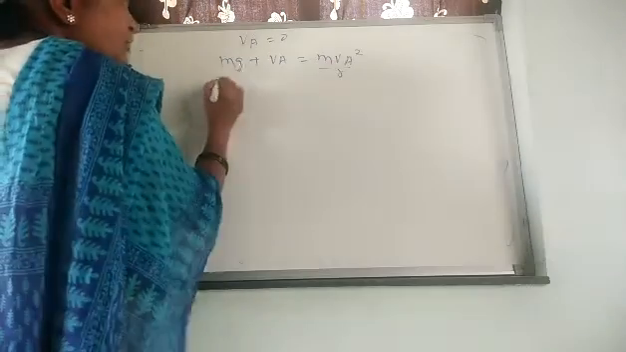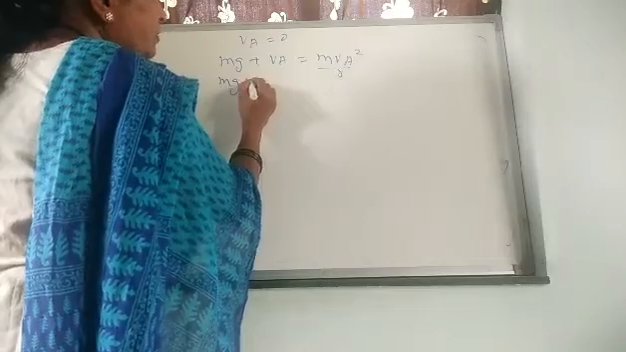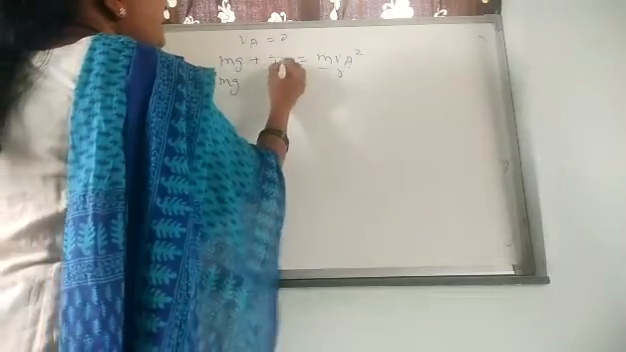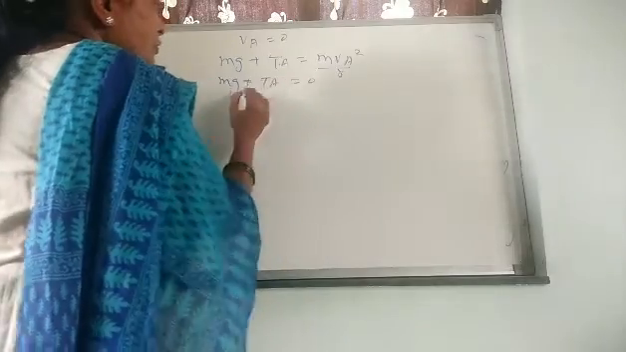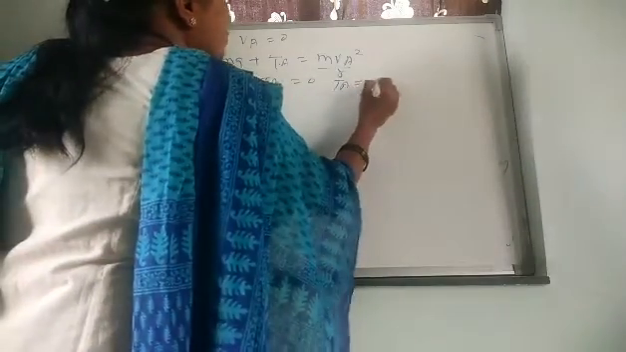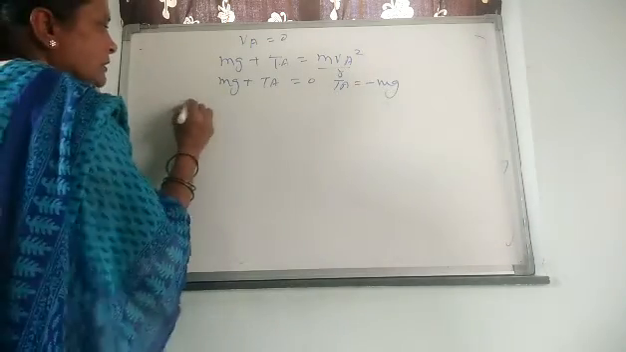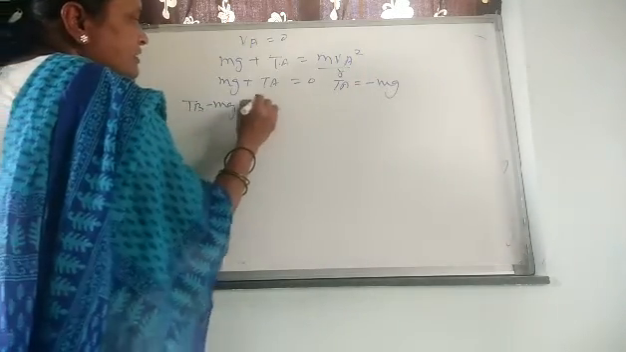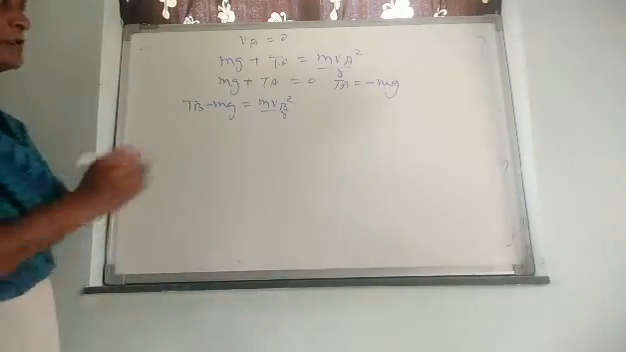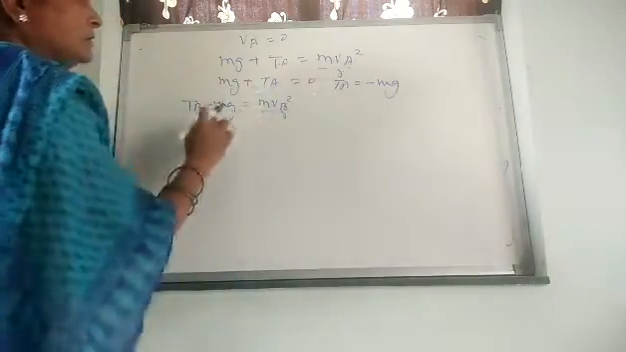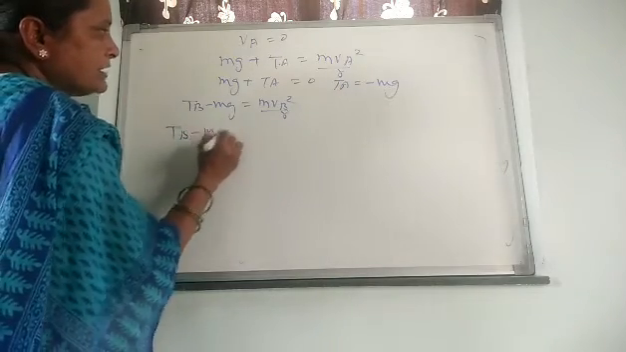As Va is equal to 0, we can write it as mg plus Ta is equal to 0. That means Ta is equal to minus mg. Only Ta is equal to minus mg. Tb minus mg is equal to mvb square upon r. This is our equation. If we subtract this first equation from this equation, then it will be Tb minus mg